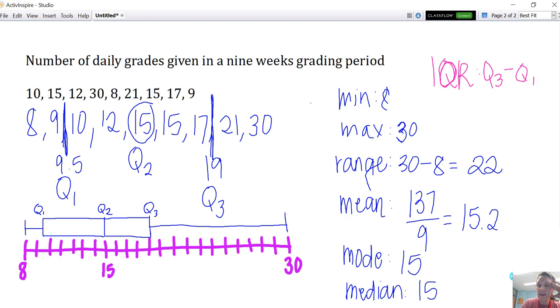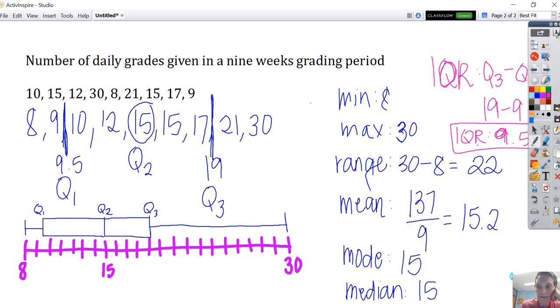So it's essentially, what's the spread that's in the box? So what's the range of what goes in the boxes, not in the whiskers? So the difference between 19 and 9.5. So the IQR is 9.5. So that means